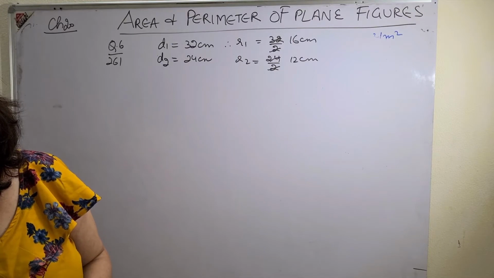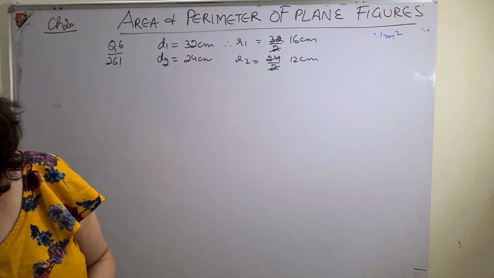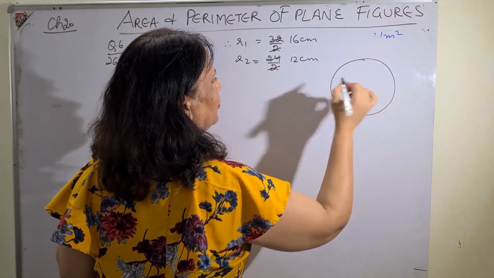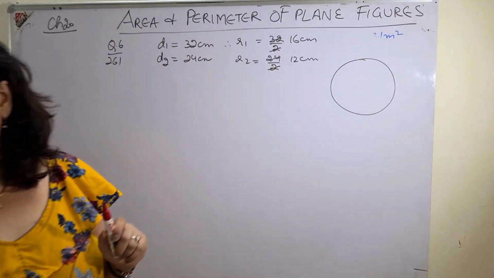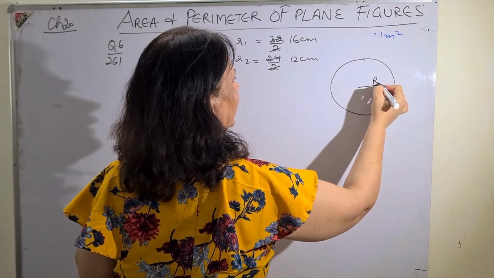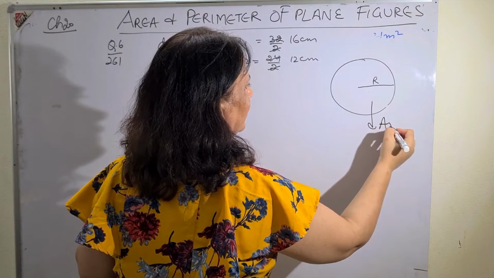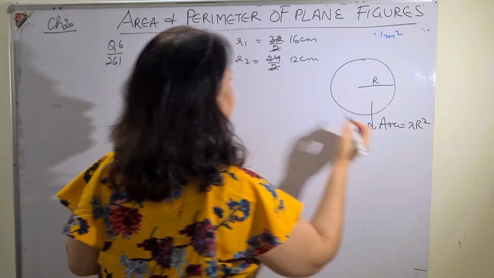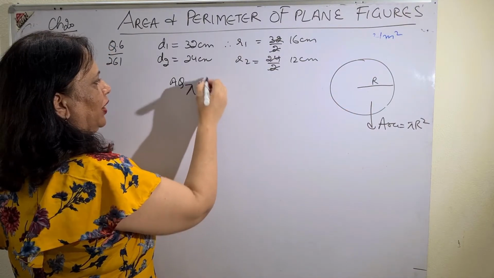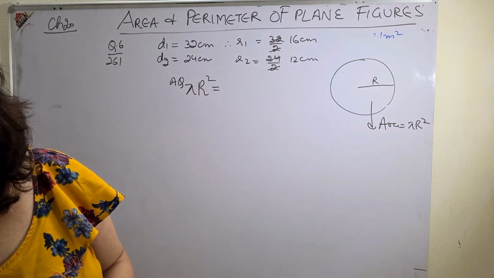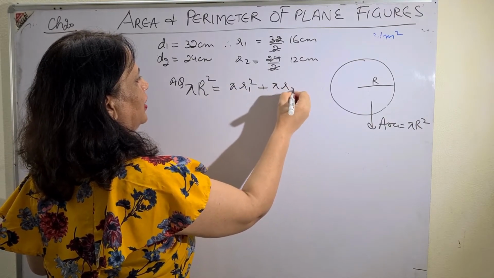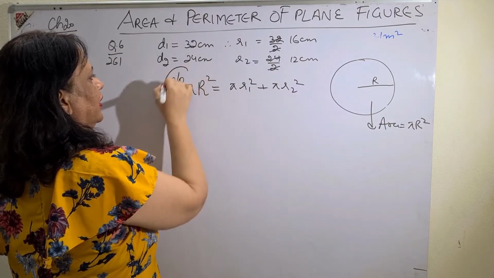Then the question is, find the radius of the circle having its area... So I have to find one circle. See what the language is? I have to find the radius of the circle. Any unknown circle, I have to find the radius of that circle, whose area, that is pi r square, is equal to the sum of the areas of the given circles. So pi r1 square plus pi r2 square. This is given in the question.